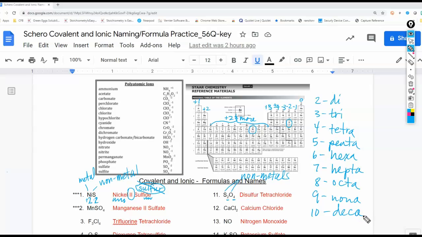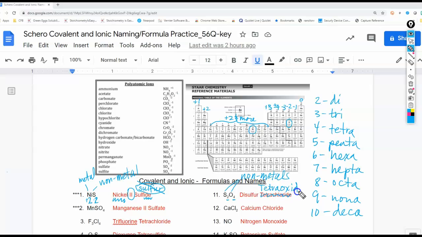Okay, so for this one, I have to call it by its prefix first and then the name of its nonmetal, remembering that we have to change the name of the second nonmetal to the correct -ide ending. And I'm noticing that this one actually has an incorrect name. So let's make sure we name it correctly. I start with first disulfur because I have two sulfurs, but I have 4 oxygens, and this said chloride. So I should have called this tetra